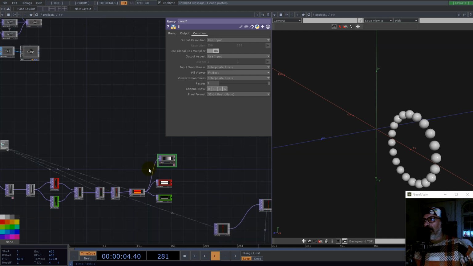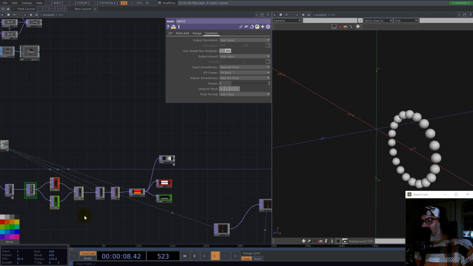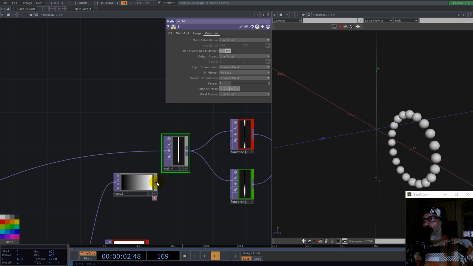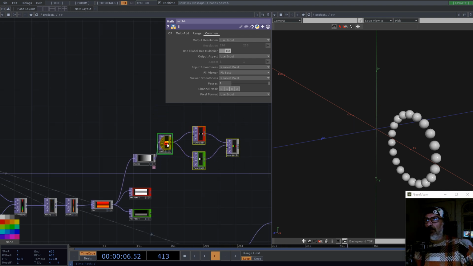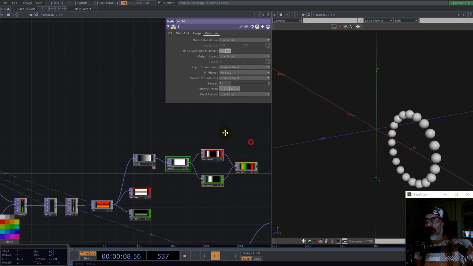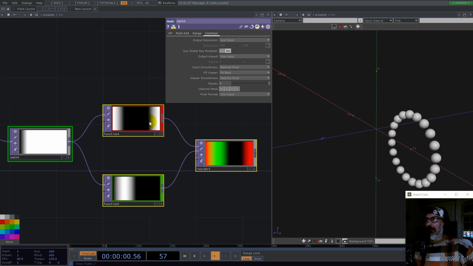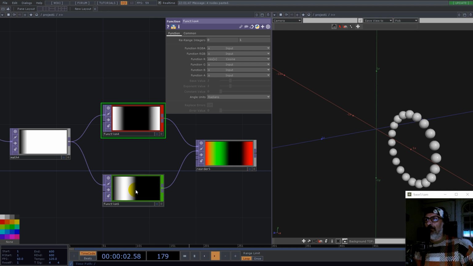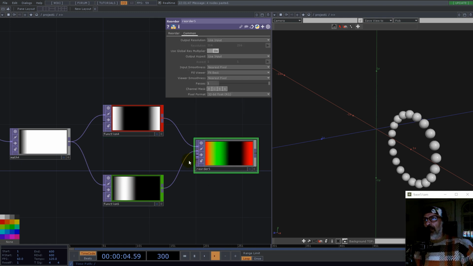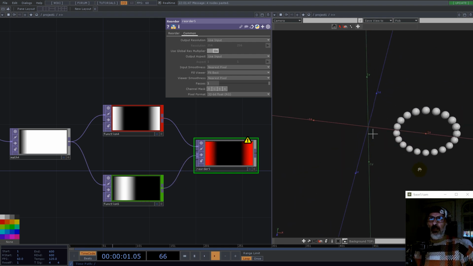And now let's do the same like here. So I want to multiply the ramp with 2 pi, and then I'll take the x and y from here,